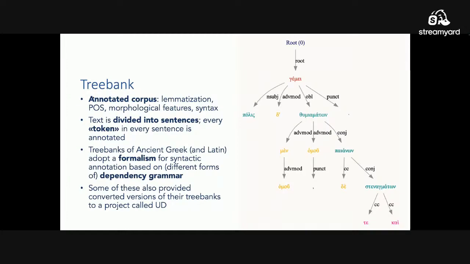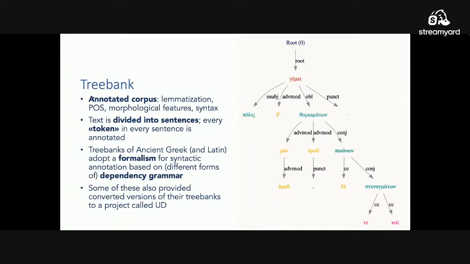Lemmatization, which for students of Greek and Latin might seem like a very complicated name, but it's fairly easy to understand what we mean by it. I mean, what word do you search in a vocabulary whenever you read a word form? So, for example, in the sentence that you see here, you won't find geme, this Greek verb, which is a form of the verb. You would find gemo. So gemo is the lemma of this verb. But also a way of describing the syntactic relations between words in the text that we are annotating.